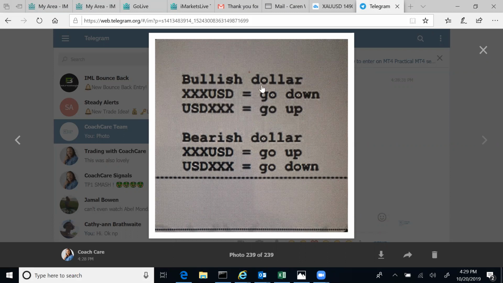So you can see that here. If the DXY is going up, anything that is in front of the US dollar, so that may be EUR USD, GBP USD, and so on, they go opposite to the DXY. So if the DXY is going up, those go down, right? And anything that has the US dollar as the base currency, which is the first currency to the left, goes in the same direction as the DXY,